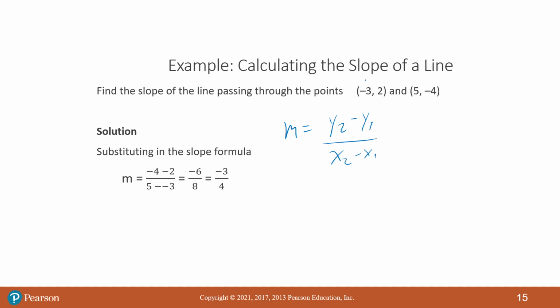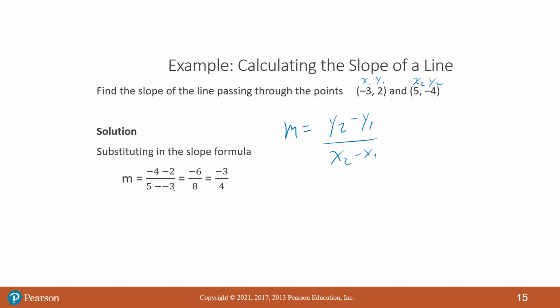So this is going to be your x1, this is going to be your y1, this is going to be your x2, this is going to be your y2. Okay, so if you see this, we do your x2s and your y2s first. So your y2 goes on top, the -4 goes on top, -4 divided by 5